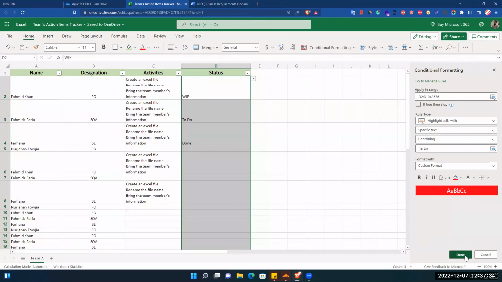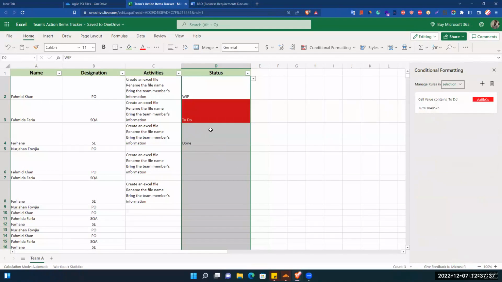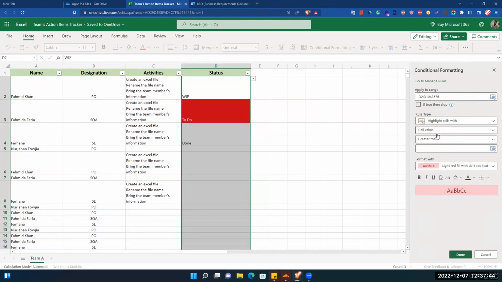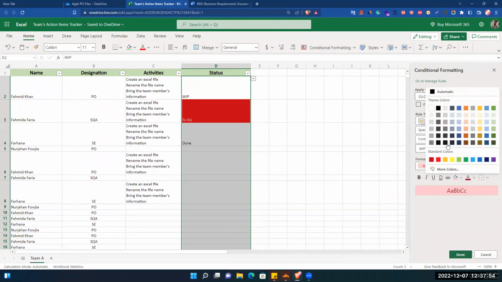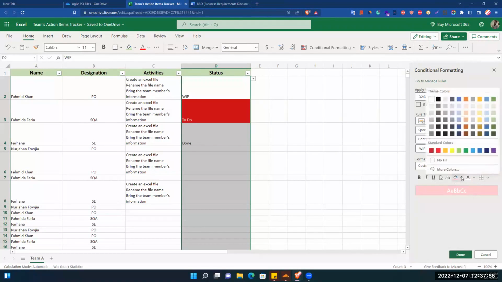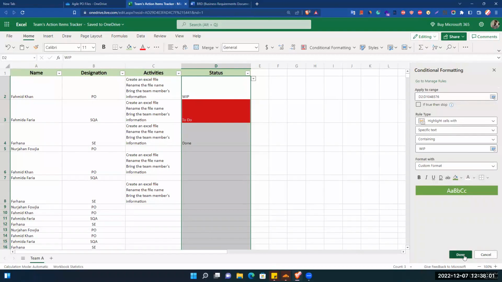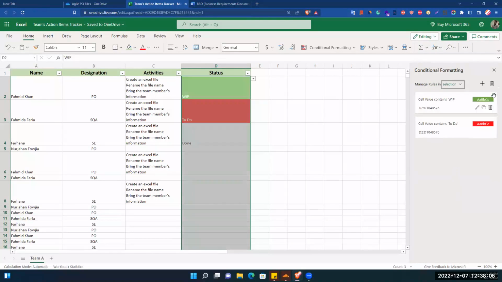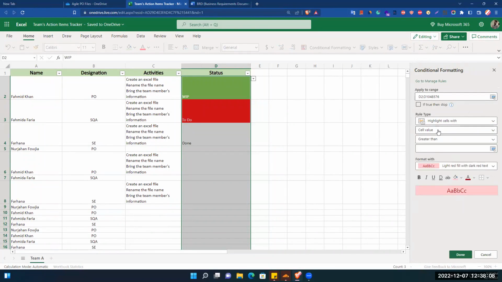So if I make it done, see. Okay, for the same one, if I create another rule, and this one is for WIP. Okay, so for the WIP, the text color will be white and the background color will be green. Then done. And here for the done,